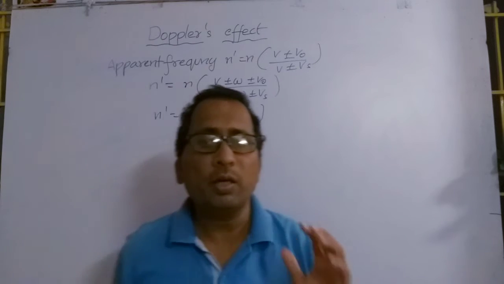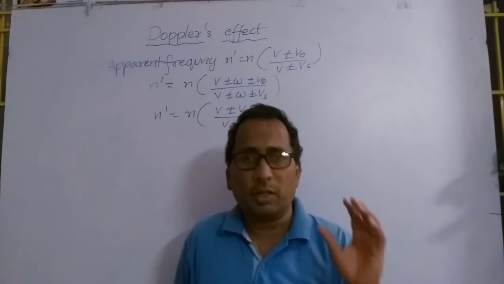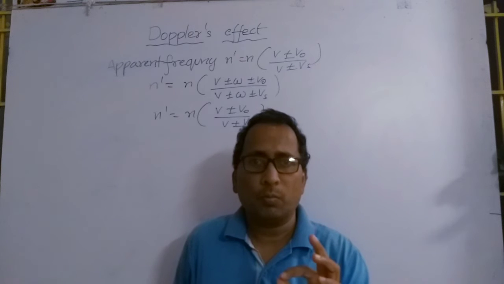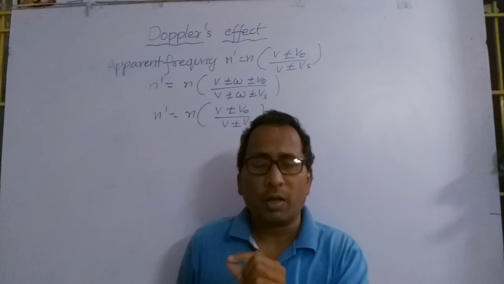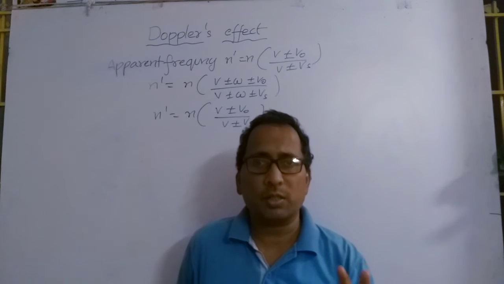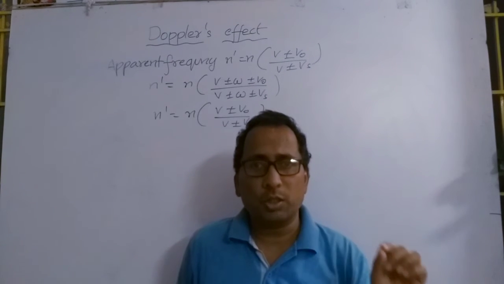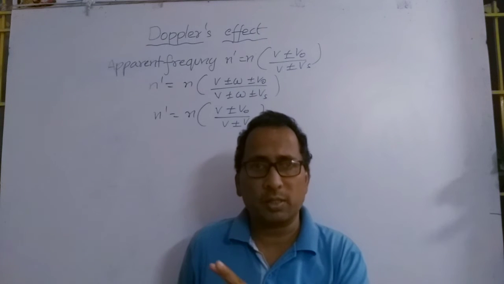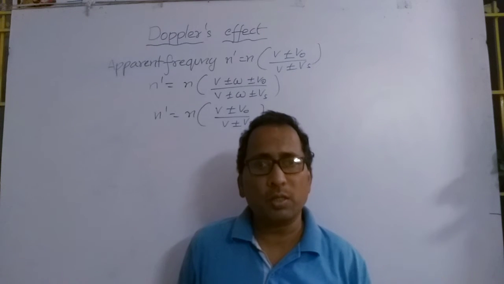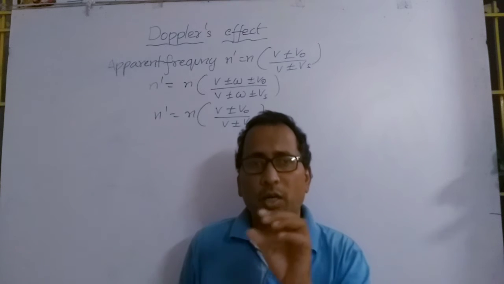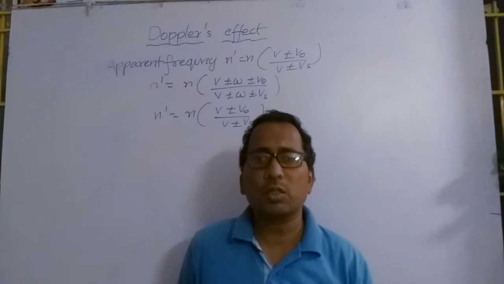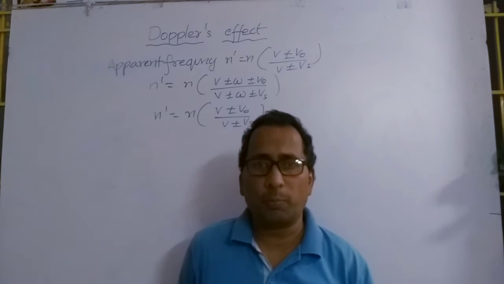Okay, here 8 cases are involved in this concept. That means simply source and observer, two objects are considered. Source is approaching the observer and leaving the observer, those are the two cases. And observer approaching the source and leaving the source, two cases. Totally 4 cases. Next two cases are observer following the source, source following the observer. Totally 6 cases. Last one, source and observer are approaching each other, source and observer are leaving from each other. So we are getting 8 cases in Doppler effect.